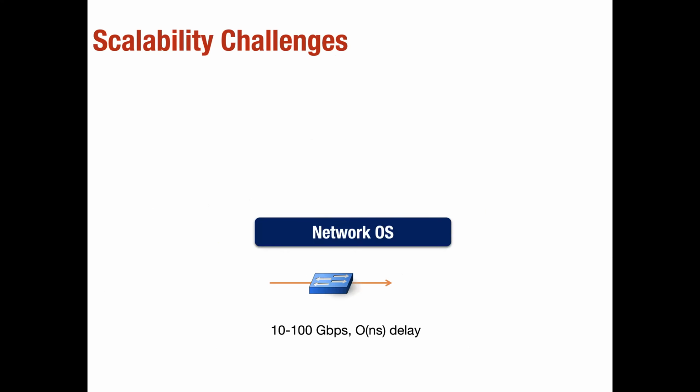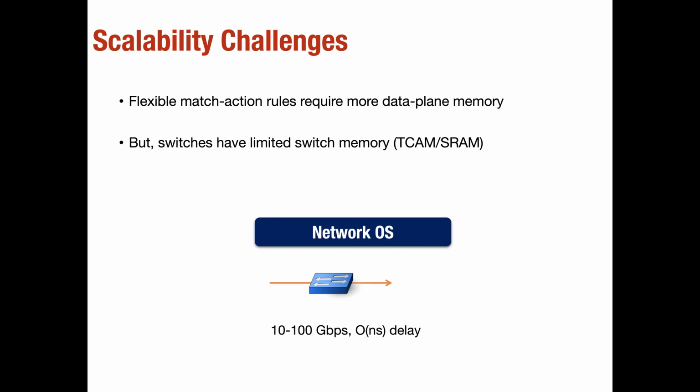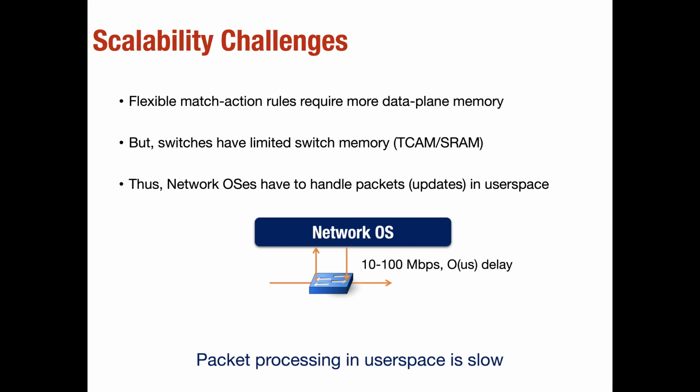All right. So now let's talk about the scalability challenges. We have the forwarding element, which is responsible for handling packets at 100 to 100 Gbps. And we know, based on some of our discussions in the past, that the latency we're talking about for the packet is of the order of nanoseconds. But if I am forcing these packets to go into the network operating system, then I'm adding an additional delay.